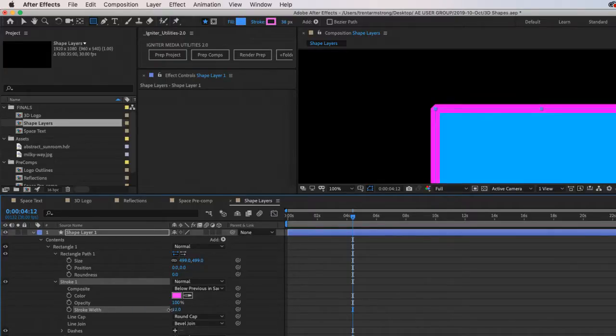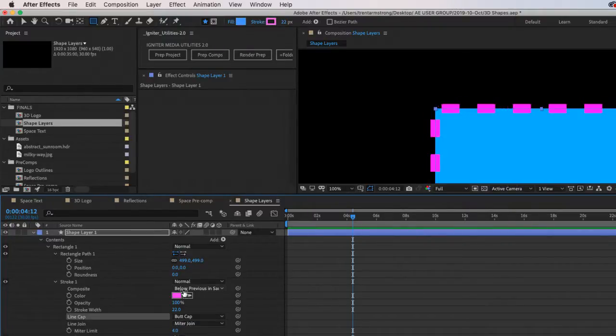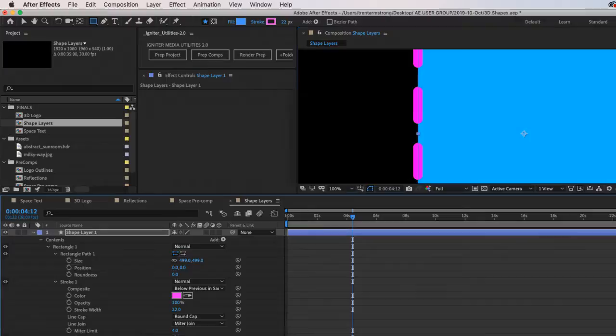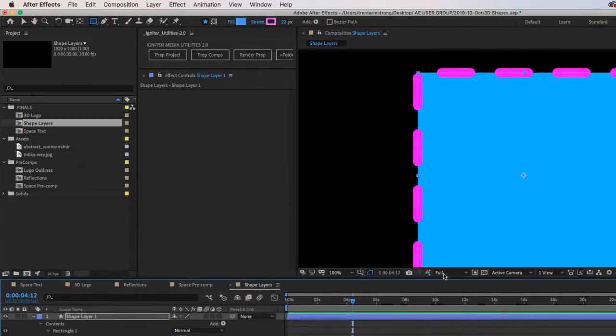Then I can also do dashes. Let's go back to miter join. Now I have dashes, and then the kind of a pill. And I can offset that, like so. Any questions so far?